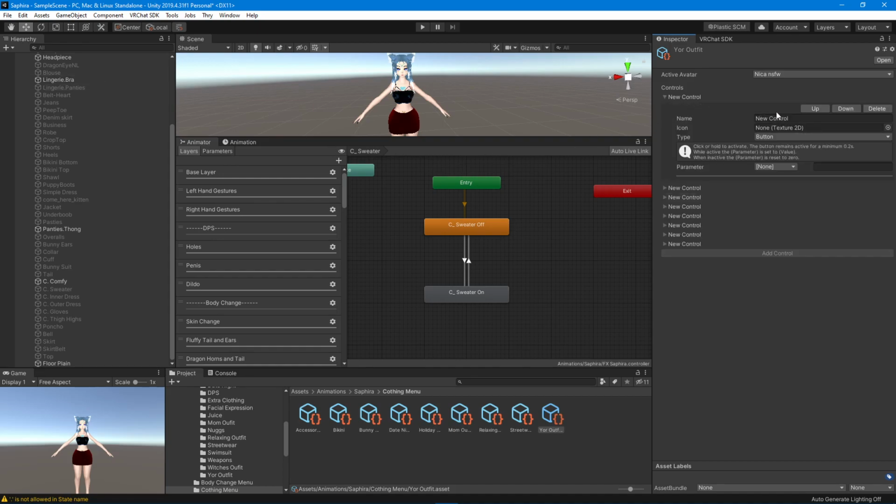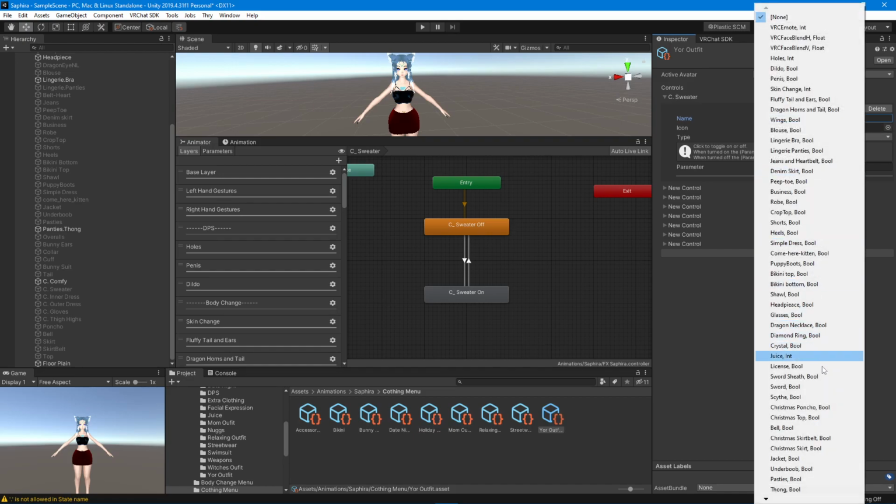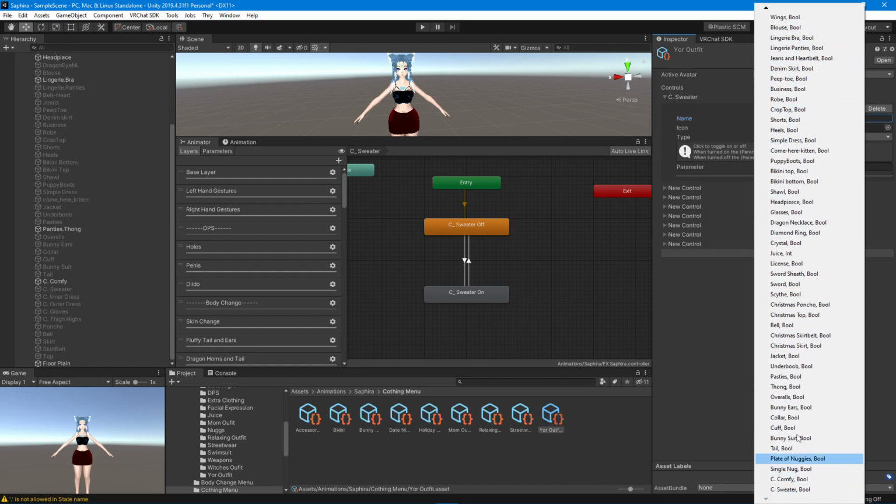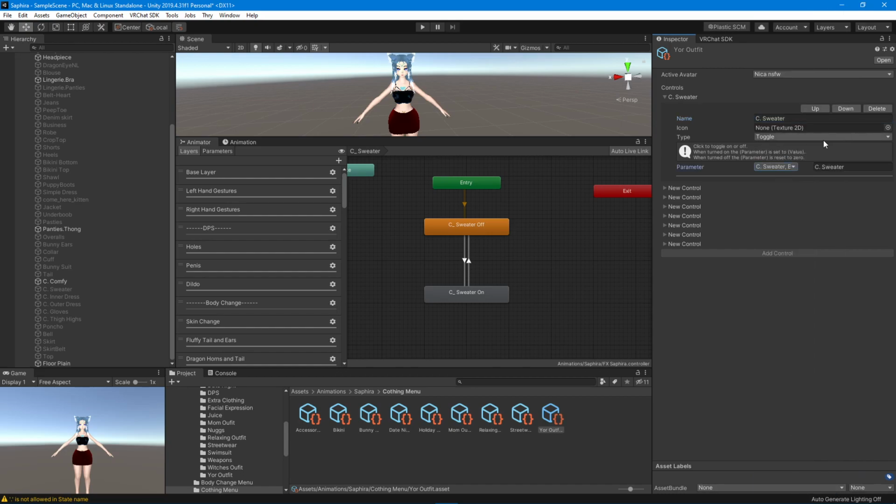So what you're going to do is when you come here, see, this is where things get even funner. You have it set to a toggle. There you go. And I'm going to Control V. It's going to be C sweater, just for my sanity's sake. And then you come down, as you have your drop down menu, like so, and you have C comfy, C sweater. Sweater is done. It's already ready to go,